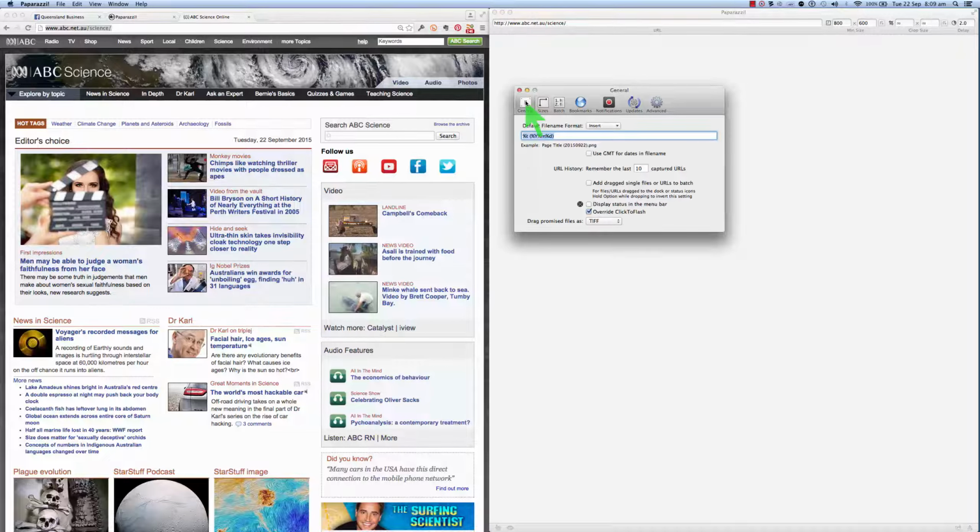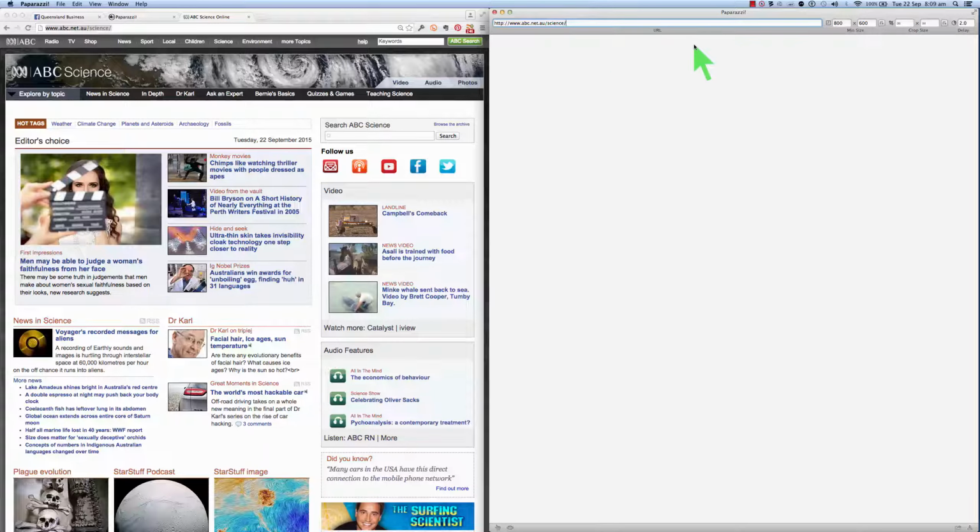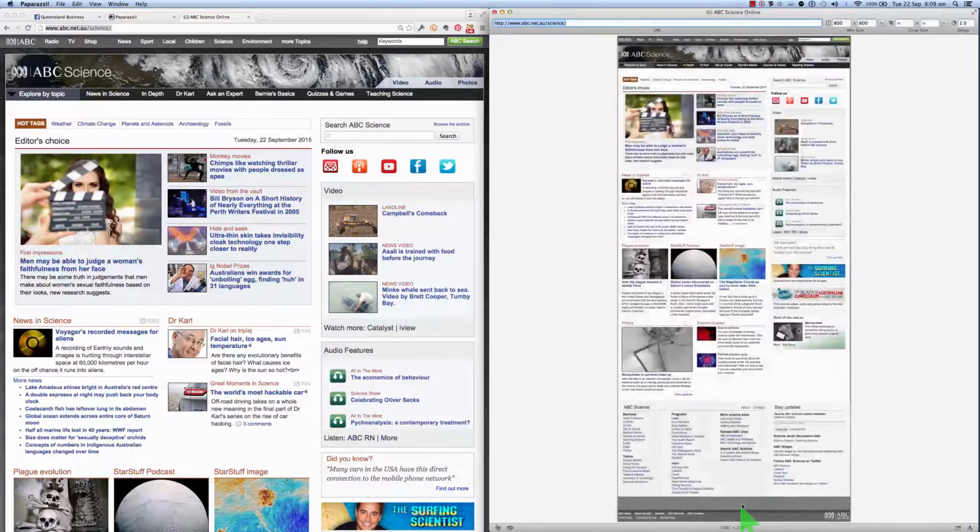Okay, so I'll close that, and now all I need to do is press enter here in the address bar. So I'm going to do that now, and just bearing in mind that the delay that I've set is 2 seconds, so it's just going to take a little while to load, but there it is there. And as you can see, it's a nice clean image of the entire web page,